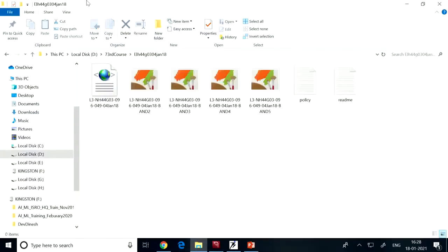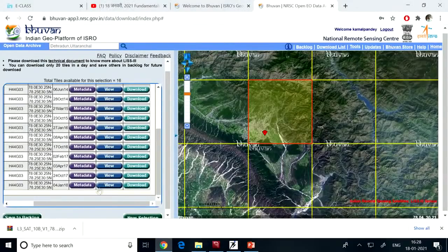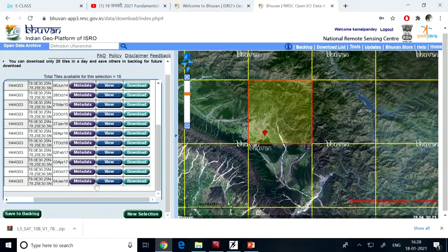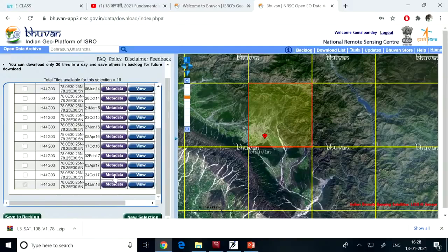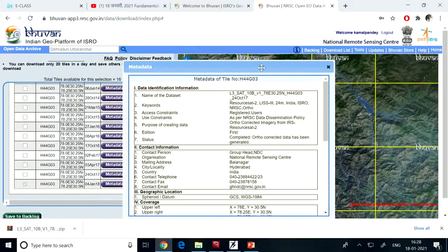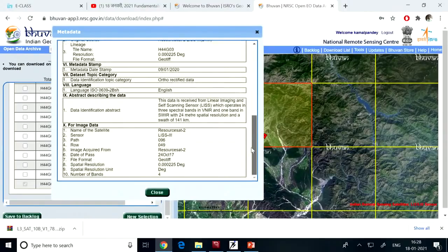Okay, now if you see the different bands, the images which I was talking to you about in remote sensing, the different bands. This is band number 2, this is band number 3, band number 4, band number 5. What are these bands? What are their wavelengths? That we can directly see from here also. If you talk about the metadata here, it will show you the details of that data set also. We can just select it here, click on metadata. So it will tell you what this data is and what these bands are, from which spectral range these bands